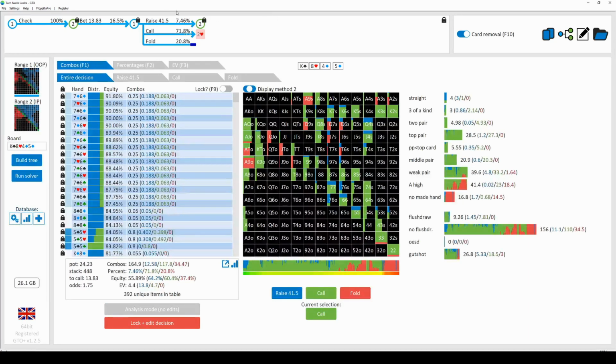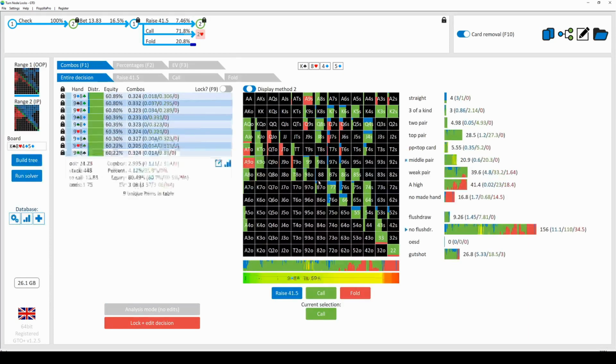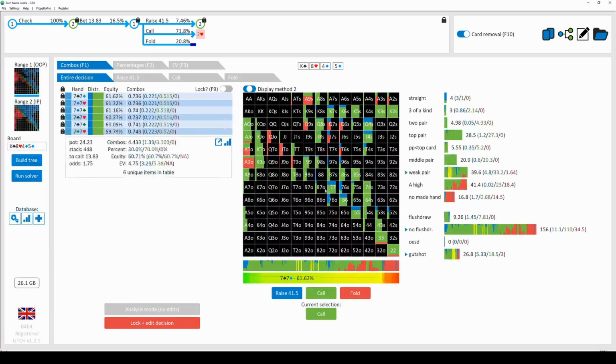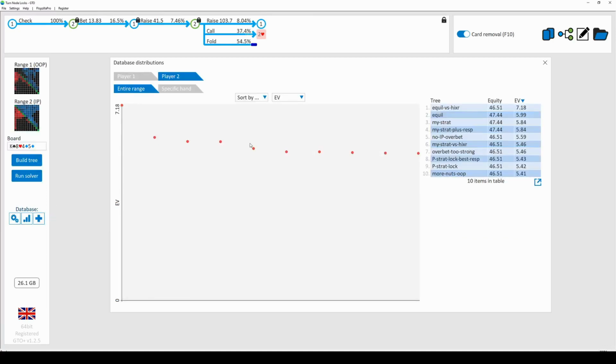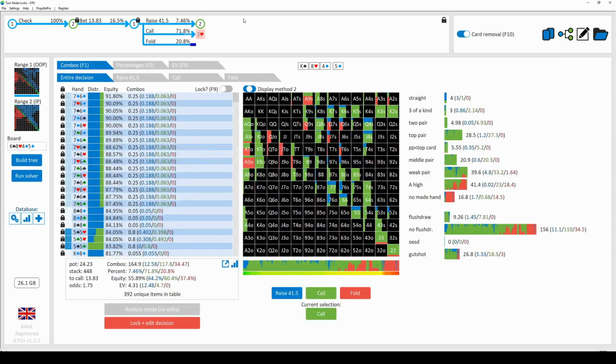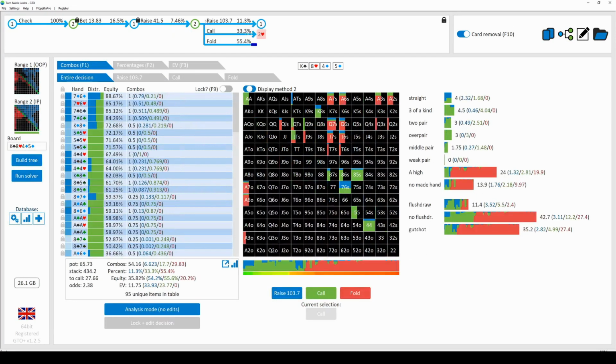But so then I'm wondering, if P does check raise with a range like this, how will it change my response at later parts of the tree here? So I've got that here. So he's check raising this same frequency here that I've node locked. And this